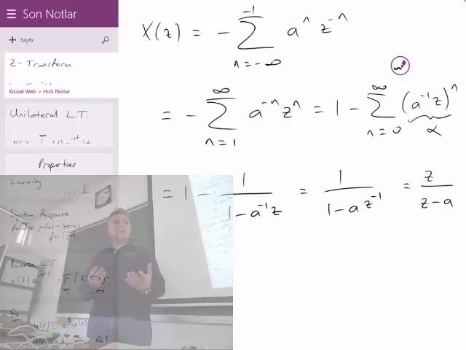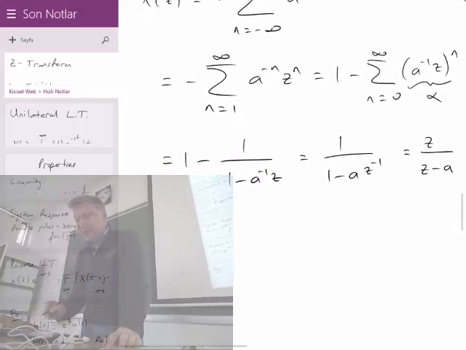Didn't we have a similar situation in the Laplace transform? We had a right-hand sided solution and a left-hand sided solution, and they both have the same Laplace transform. It's the same case here. We have a right-hand sided signal or a left-hand sided signal which have the same z transform, which is z over z minus a, as we see here. But